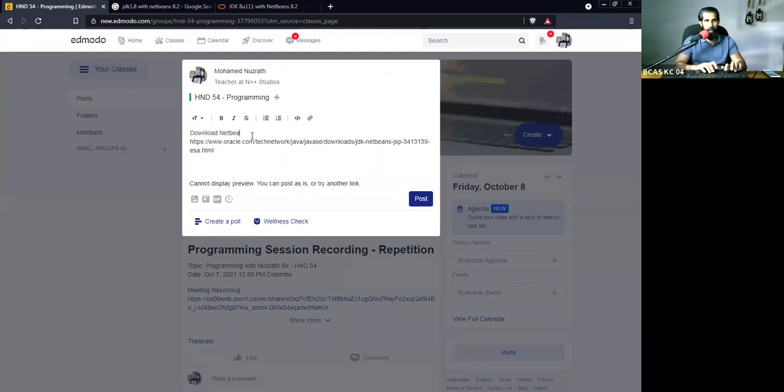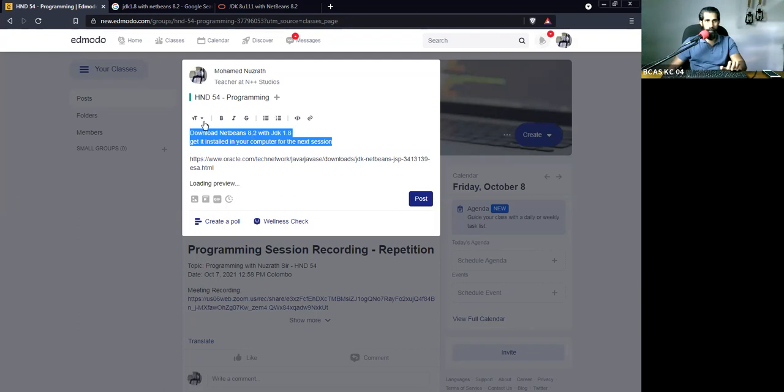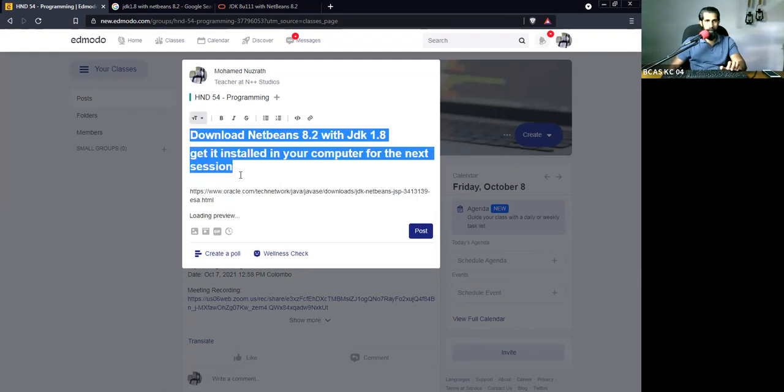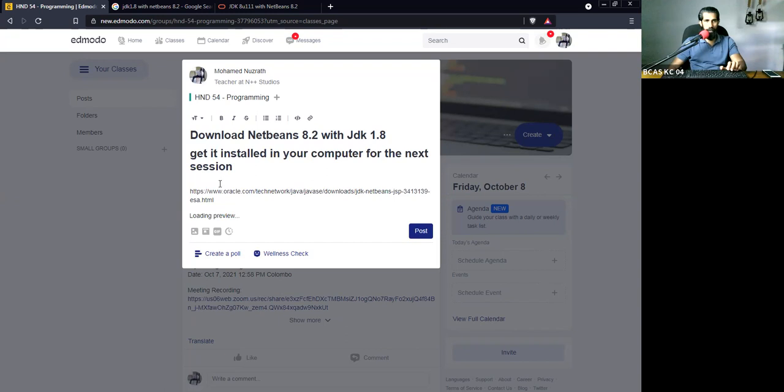Download NetBeans 8.2 with JDK 1.8. Right, this is the download link.